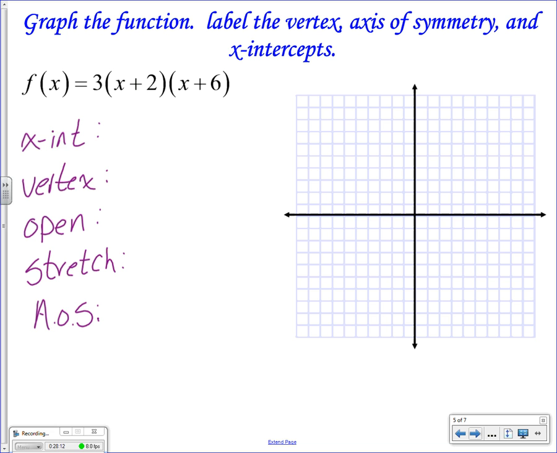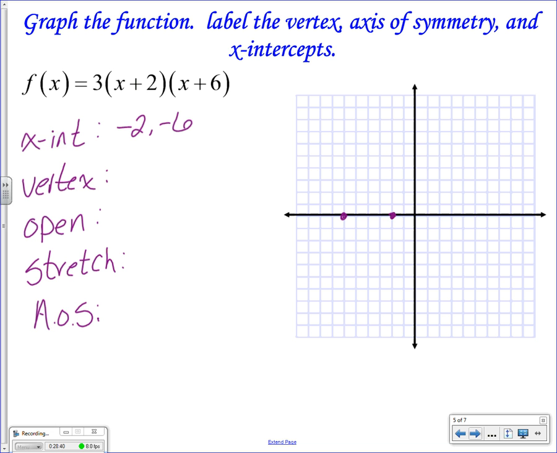So what are my intercepts? Is it 2 and 6? No. -2 and -6. Okay? I can put those on my graph right now, because they're x-intercepts. They intercept which axis? The x-axis. Which one's the x-axis? This one. Awesome. So -2 and